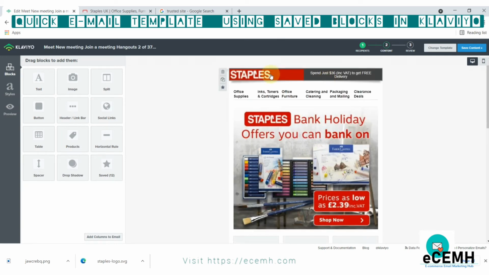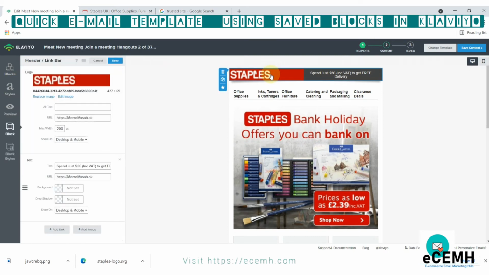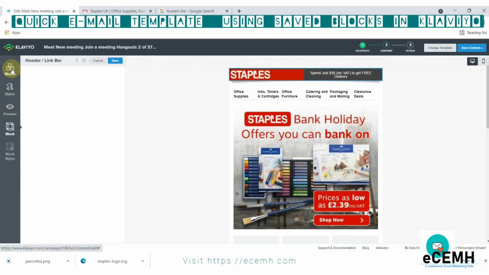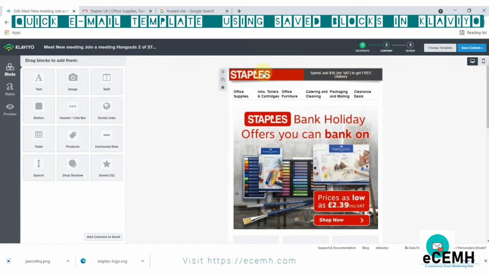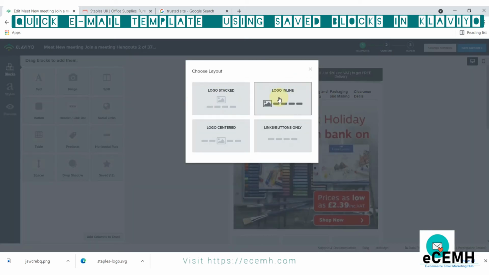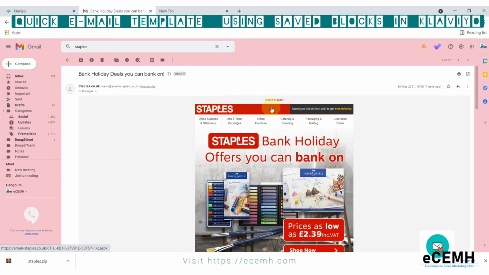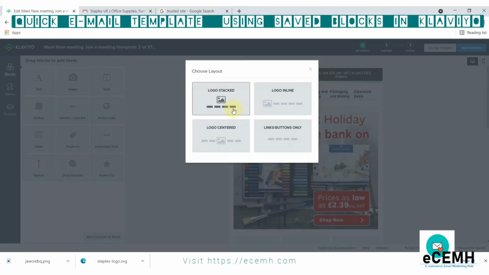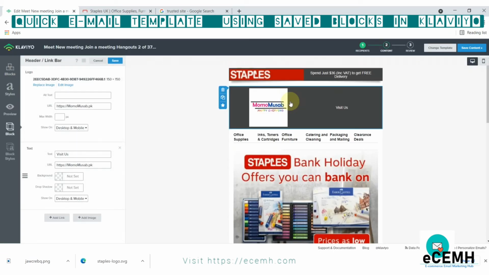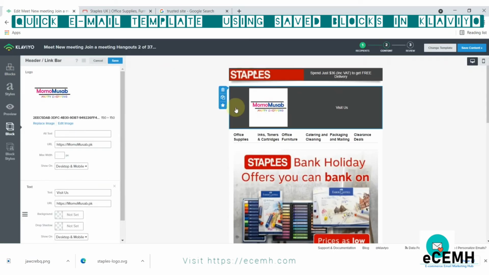So how you can edit it, for example, what I did, I just added from the blog section, just to create this banner, I just added a header link bar, and according to the requirement of the image, it was just like this, inline, not stacked. So we will use the logo inline option. To replace the logo, we will just click on the block.